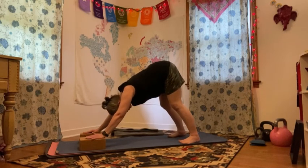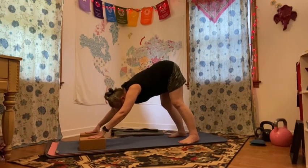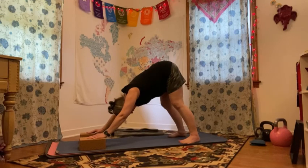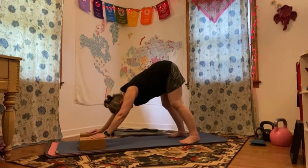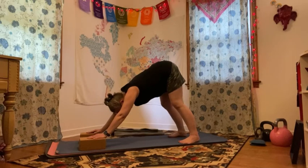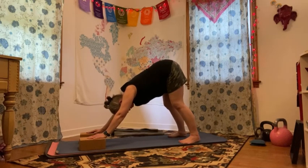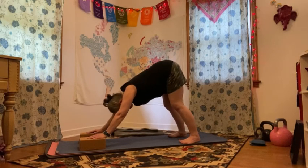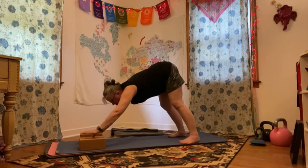You are finding the balls of your feet and the balls of your hands, and this on the blocks can add an extra dimension. So if it does not feel good to you, don't feel like you have to, just because you see me putting my hands on blocks a lot. And some of these poses, especially in these ones that lift you, doesn't mean you have to, but I definitely recommend that you think about using them for support, especially after you are in this downward dog for a second,